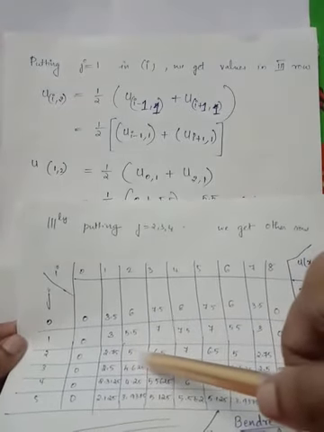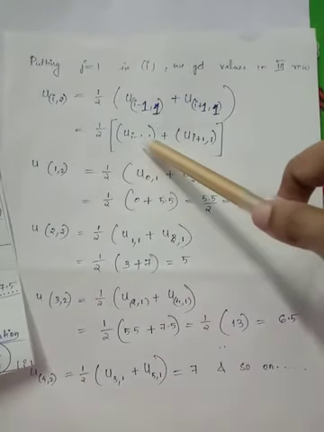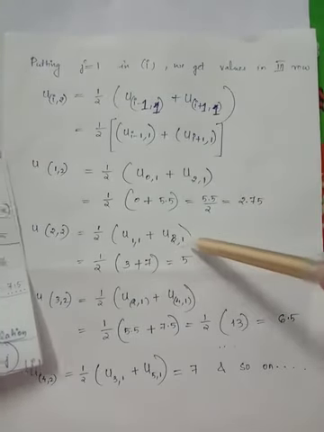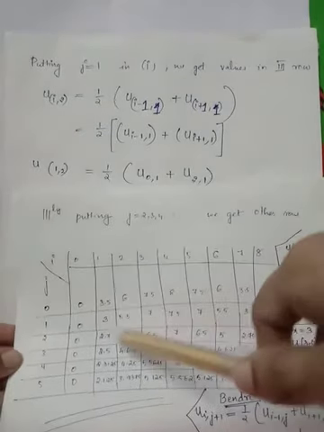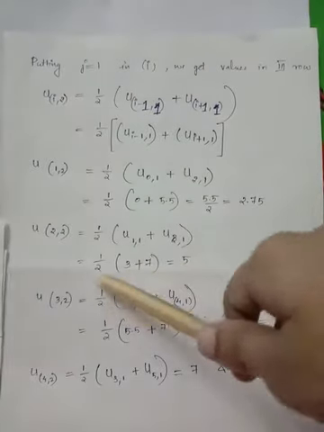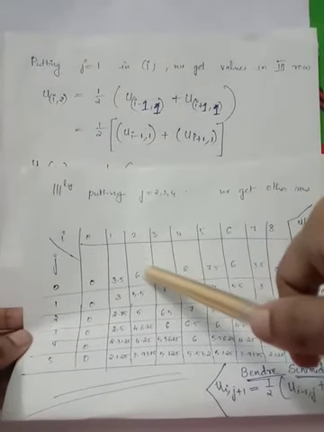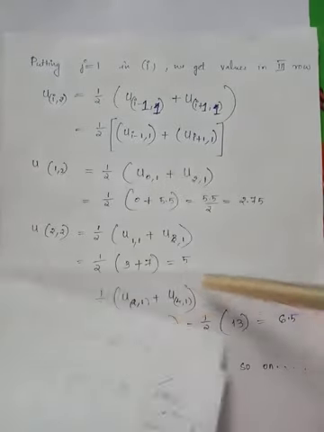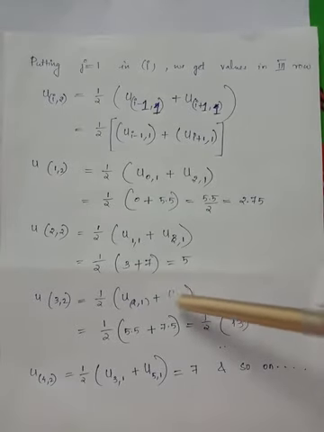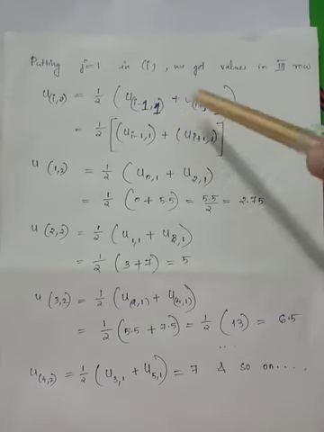To get the answer for the next one, you will have to make use of terms i equal to 2 substituted over here, and the terms become u11 and u31. u11 and u31 are obtained by looking at the table. u11 is 3 and u31 is 7. So you take 3 and 7, sum it and multiply it by 1 by 2 to get the answer 5. u22 is the answer to be written where i equal to 2 and j equal to 2. This answer is 5, which is obtained from this calculation. In a similar way, you start substituting i equal to 3, 4, 5, 6 till i equal to 7 in this standard relation to get all the entries of row 3.